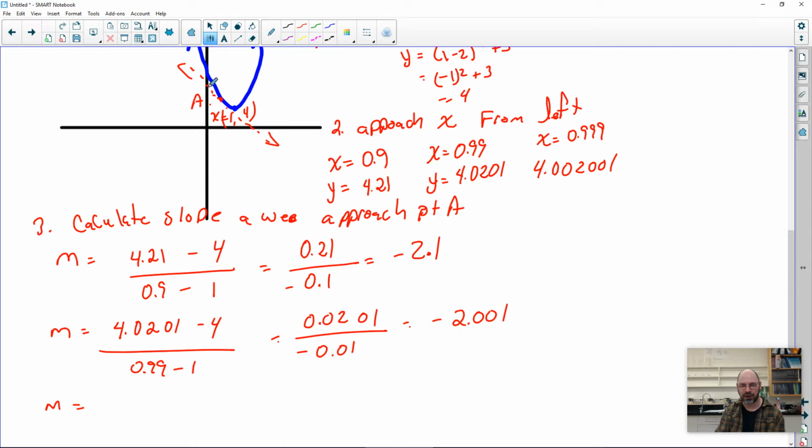Okay, so all we're doing is getting very, very close to 1, but not exactly 1. That's our point here, and that's what we're doing with the x and then the y, and then calculating the slope. So this was 4.002001, minus 4, and this would be 0.999 minus 1. So if we do that, we get 0.002001 over negative 0.001, and that gives us negative